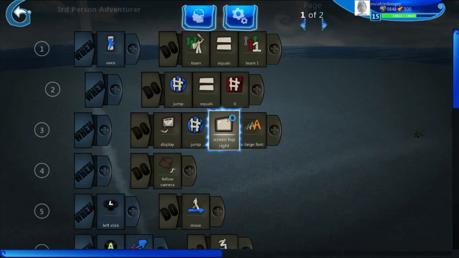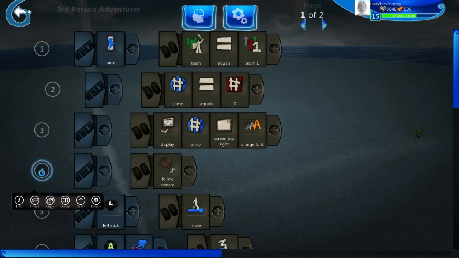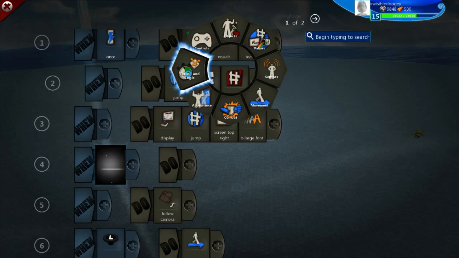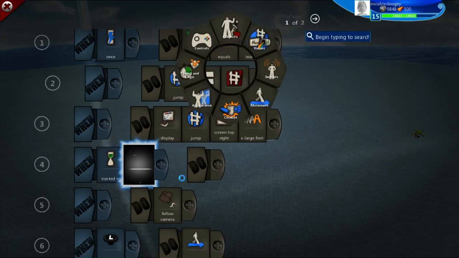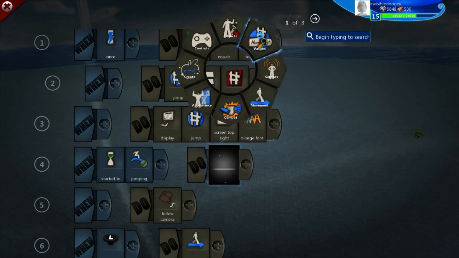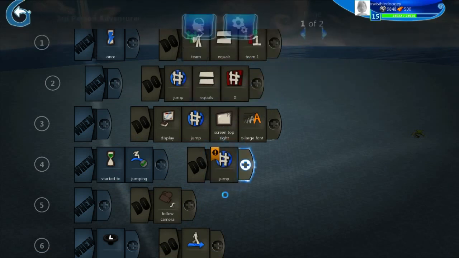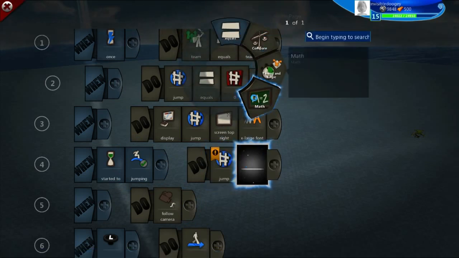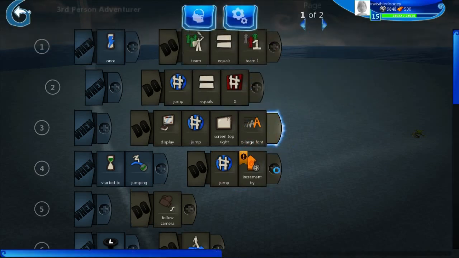So that's interesting, but it really doesn't do too much. You could always have just said display the number 0, screen top right. So the great thing about a variable is you can change what it's equal to, and so we're going to do that. Let's insert this, and we're going to do when I have started to jump. Then we're going to make the jump variable go to math, increment